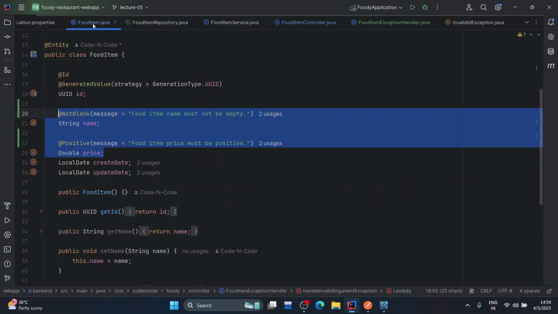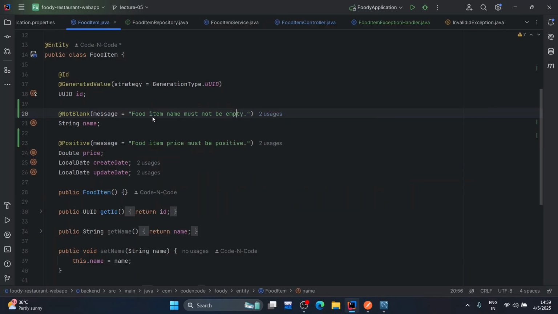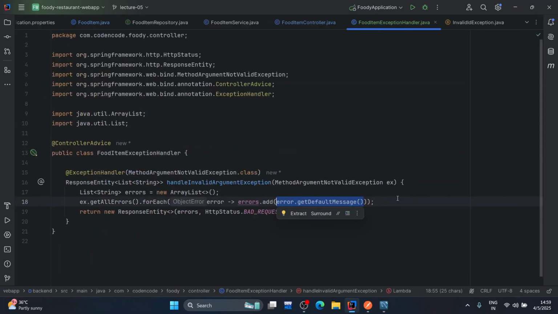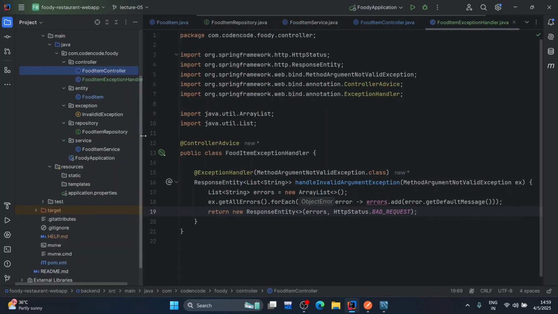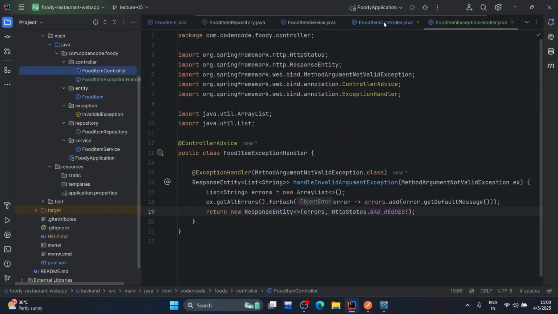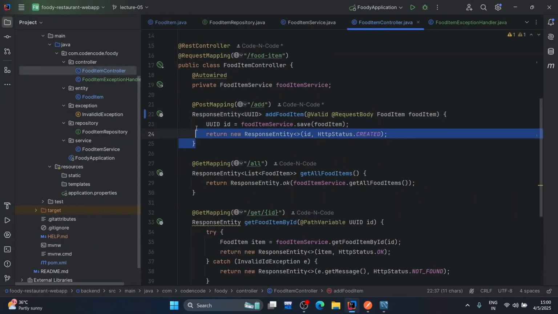we have added, right? These messages. So for each message, I'm getting the default message and adding it into the list of errors, which is this, and then I'm returning this as a response along with the status code bad request because of invalid input. So how the control flows is this: whenever a request comes here, it